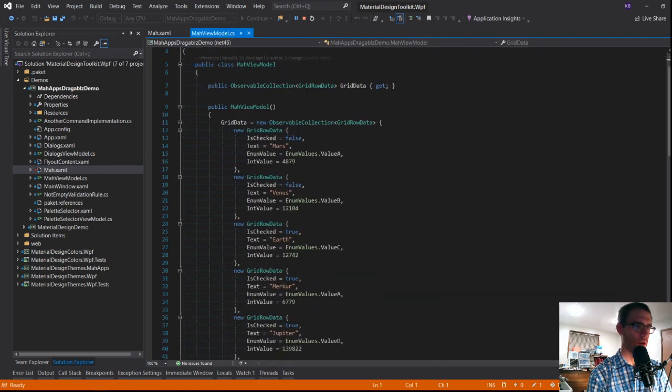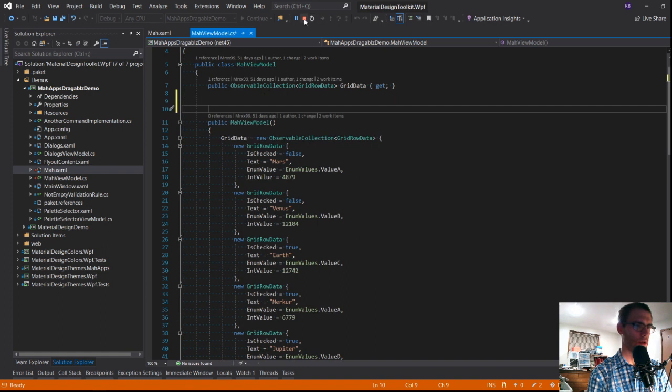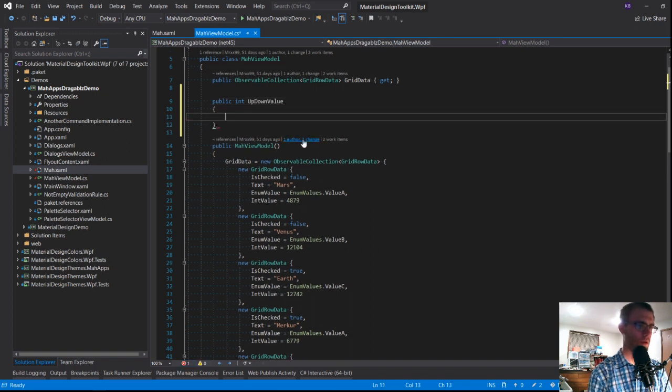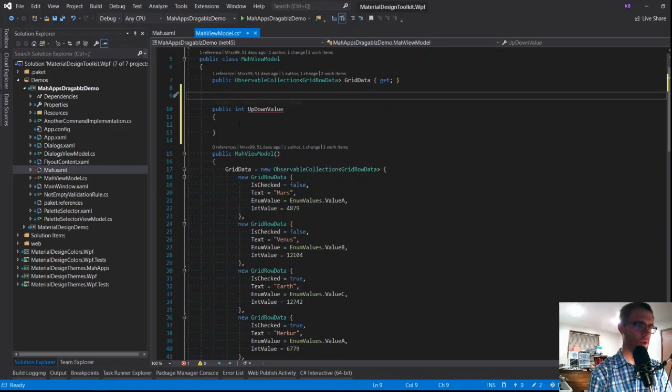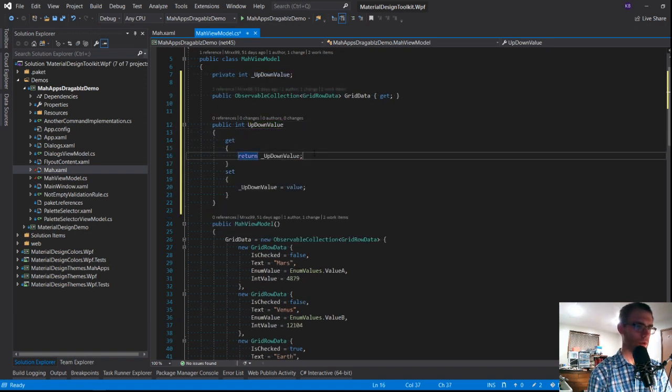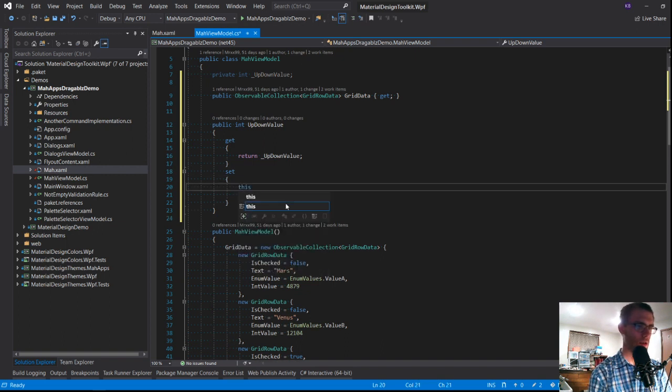So we'll come over here. Let's kill execution because it's not going to be able to keep up with me on this. Let's see. Public int up, down, value. Get set and then auto code button and convert to full property. So cheater mode on that.